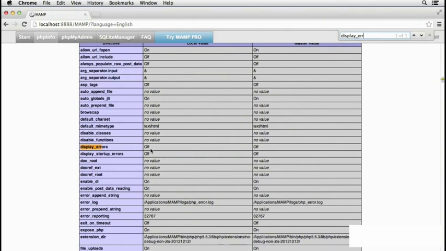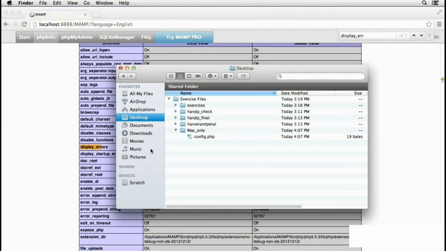The simple way to fix this is to use a configuration file for the Apache web server called .htaccess, and there's a copy of the file in the exercises files folder. So let's go to the exercises files, and in the Mac only folder, htaccess is there. The problem is you can't see it by default in the Mac Finder, because the Mac Finder hides files normally that begin with a dot or a period. There's also a file in there called config.php, and that is there to help you read the configuration once it has been changed. So what we need to do is to use a text editor, and a very good text